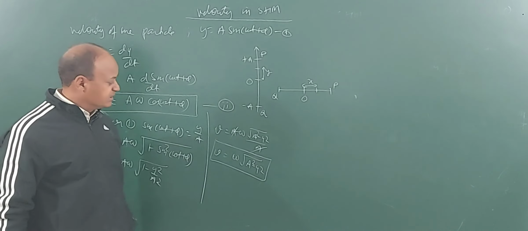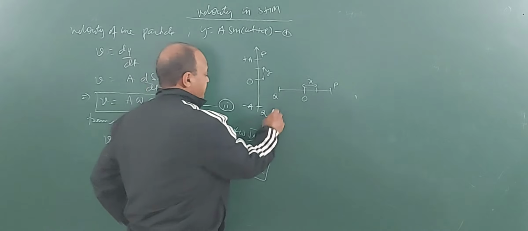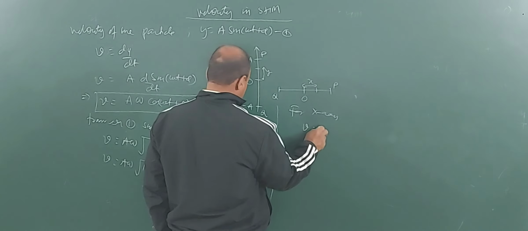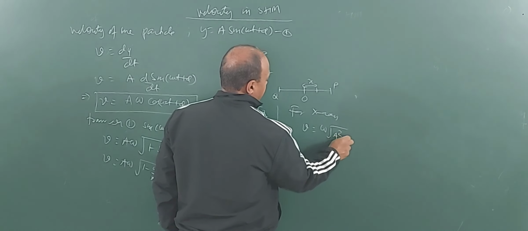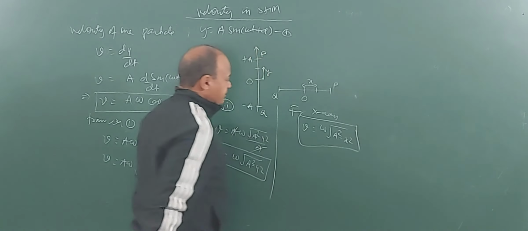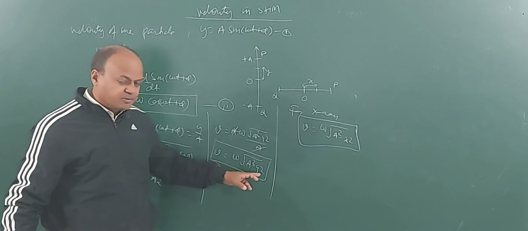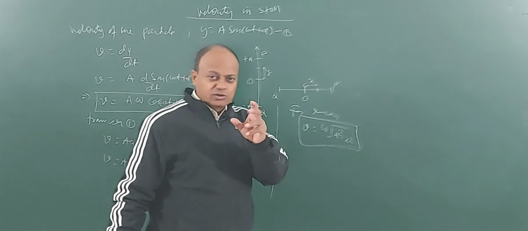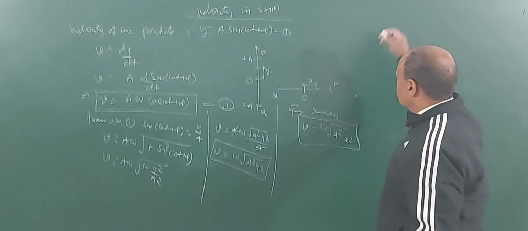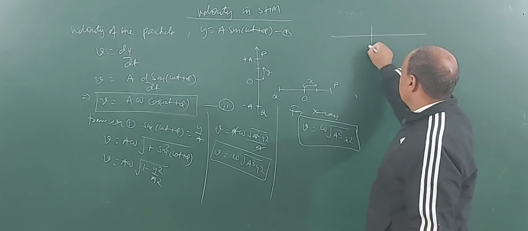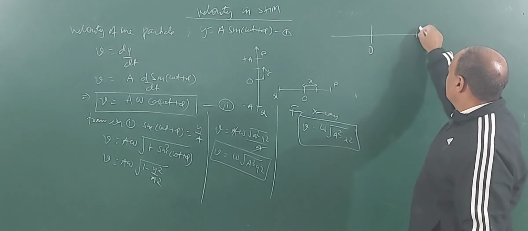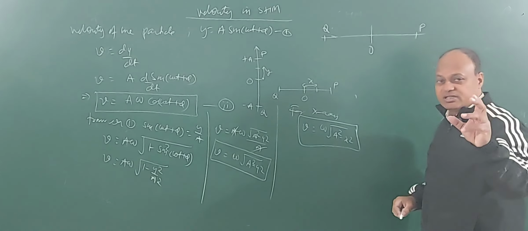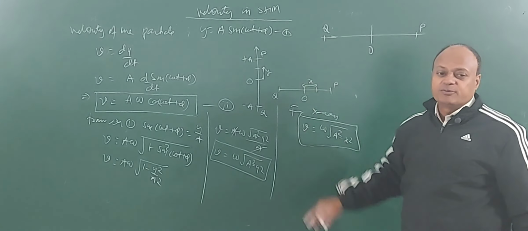And then there will be two special cases. Similarly, suppose I am doing velocity along x axis. For x axis, again v will be omega root over A square minus x square. So, if it is moving along y axis, then velocity will be omega root over A square minus y square. Along x axis, omega root over A square minus x square. Clear? So, we will study something very interesting out here. Suppose a particle is moving along x axis, O is the mean position and P and Q are the extreme positions. Clear? Now, we will see when the particle is moving simple harmonically, at which point the velocity is maximum.